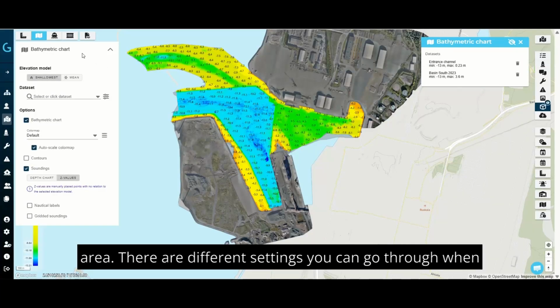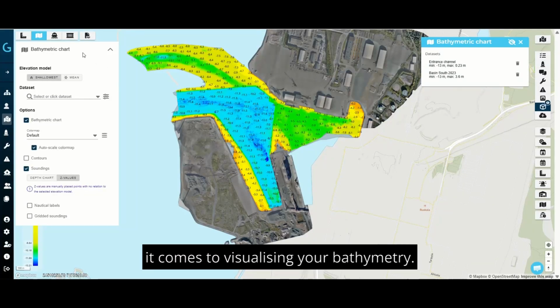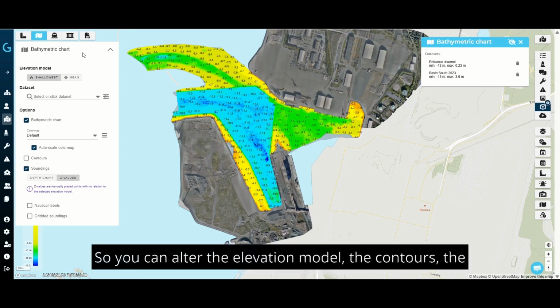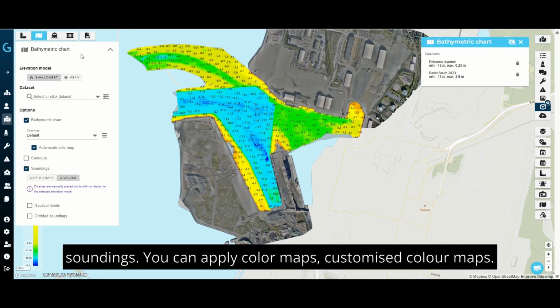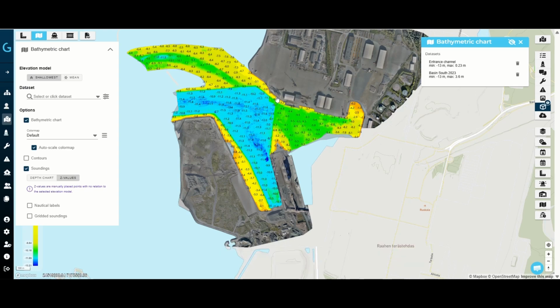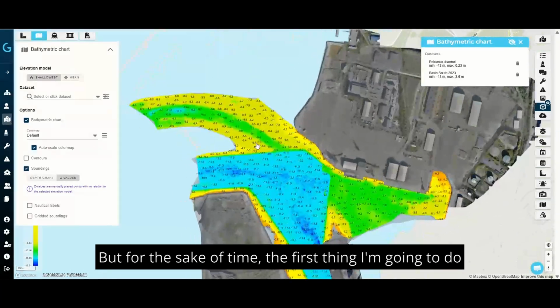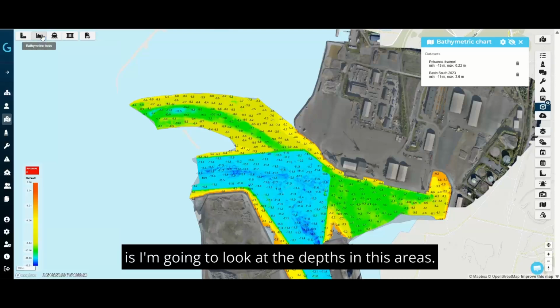There are different settings you can go through when it comes to visualizing your bathymetry. So you can alter the elevation model, the contours, the soundings. You can apply color maps, customize color maps. But for the sake of time, the first thing I'm going to do is look at the